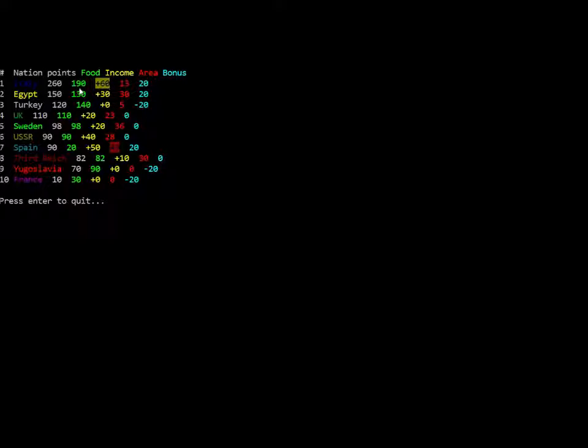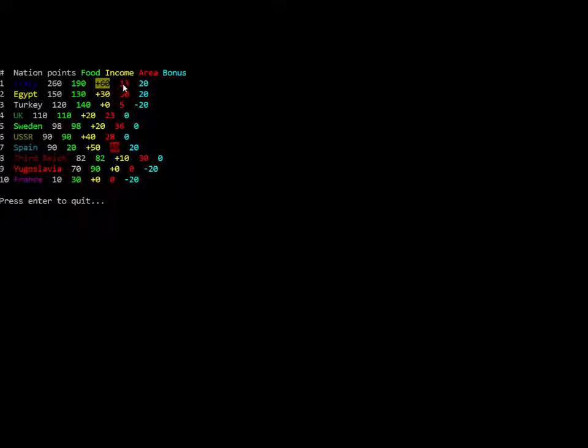So on top of the 190 food that it accumulated throughout the game, it also had the most income. So this is 50 bonus points on top of this number,